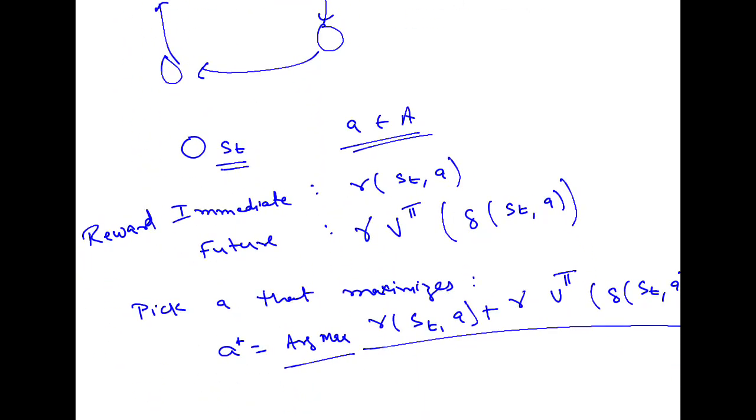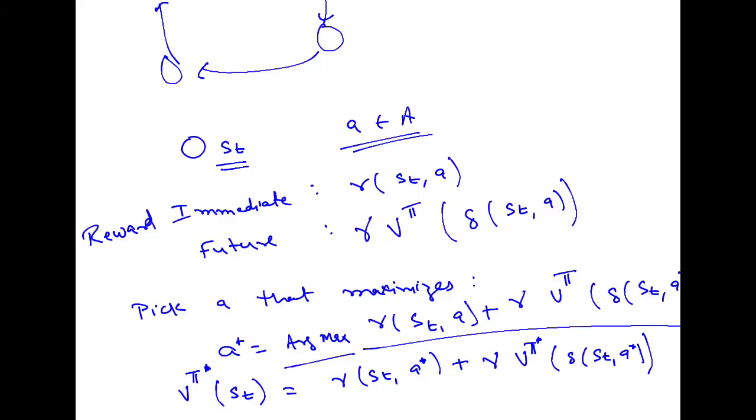We can say that V pi star, the optimal policy, at st, the optimal reward that I will get at st would be r(st, A star), the optimal step, plus gamma times V pi star of delta(st, A star). Right? So if I knew